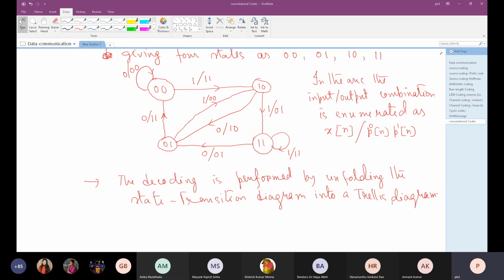Sir? Yes. Sir, can you explain this state transition diagram again? Like, how are we getting this